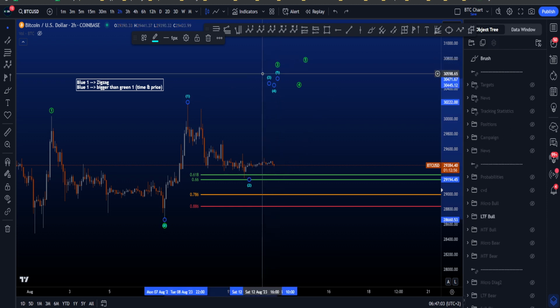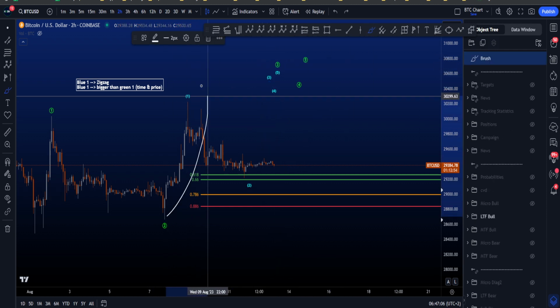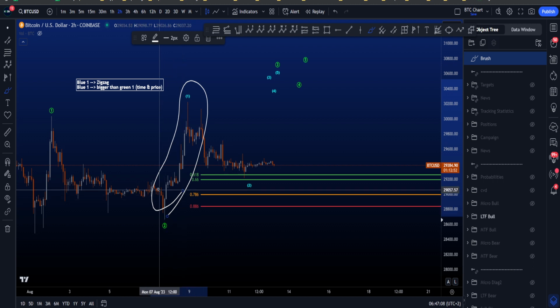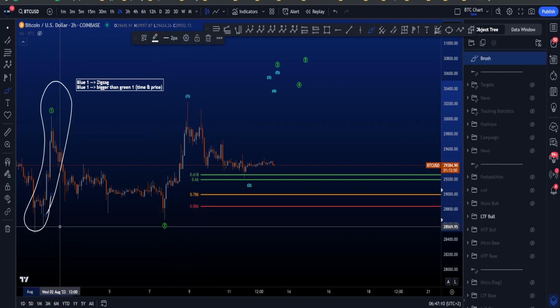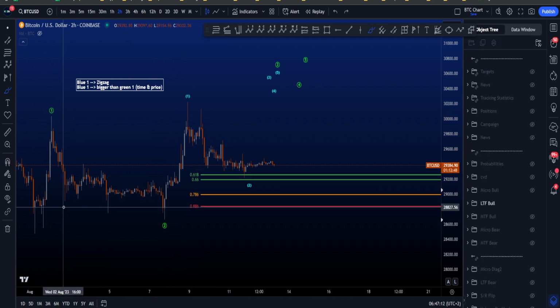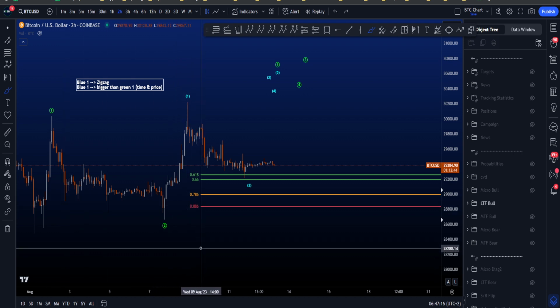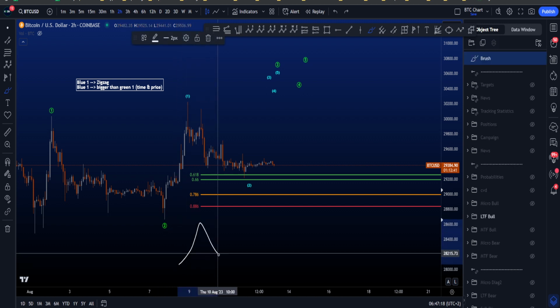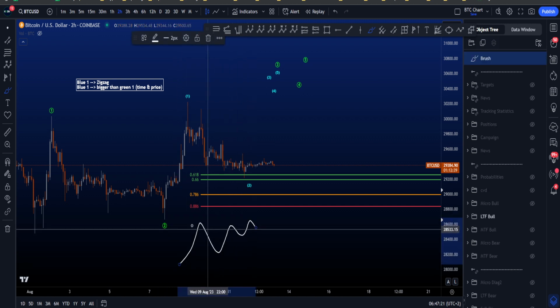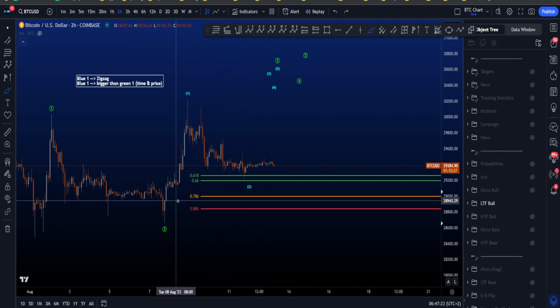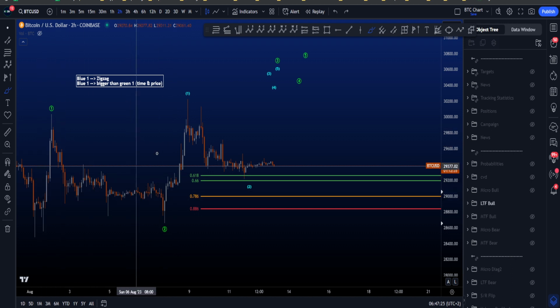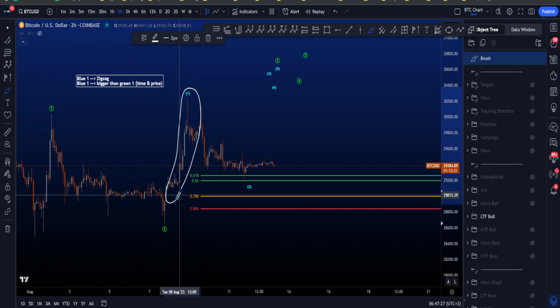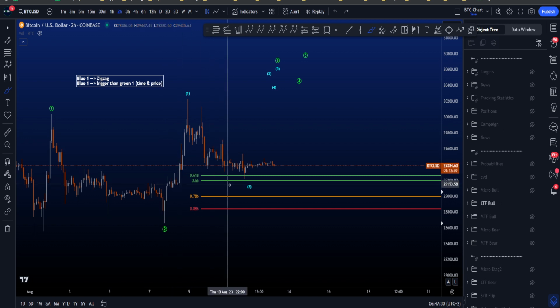But in general, time is a problem, because even if you only take this as the second wave 1, it is longer in time than the first wave 1, which is not really what you want to see because it is a lower degree wave 1. And usually if we have a double 1 2, you have a 1 2 1 2 1 2, where each wave 1 is shorter in time and price than the first wave 1. But this one is longer in time and maybe even longer in price as well, so it just doesn't really